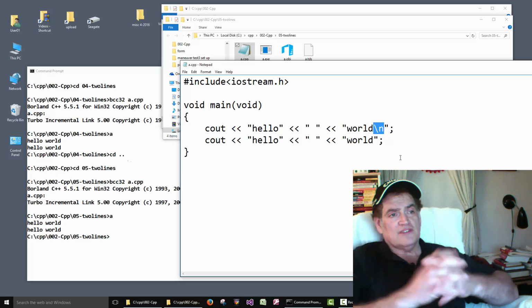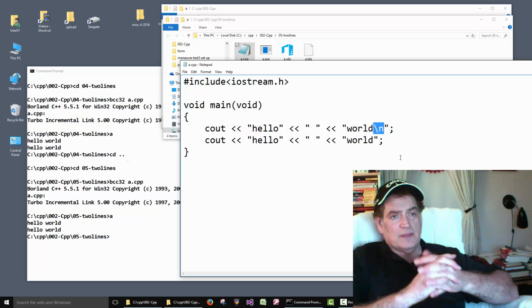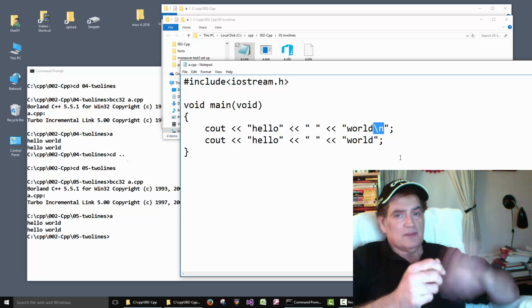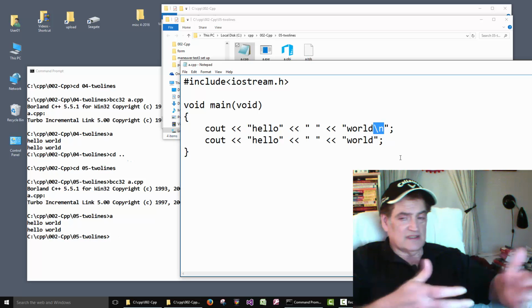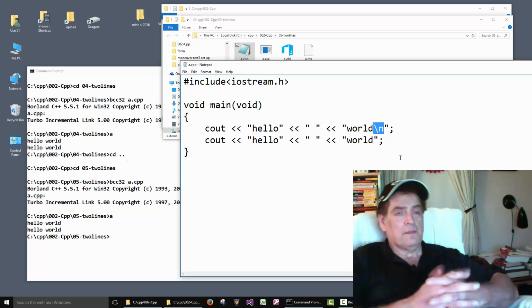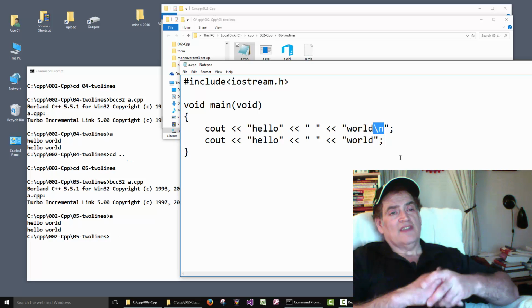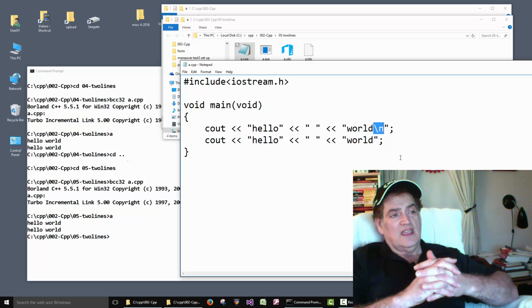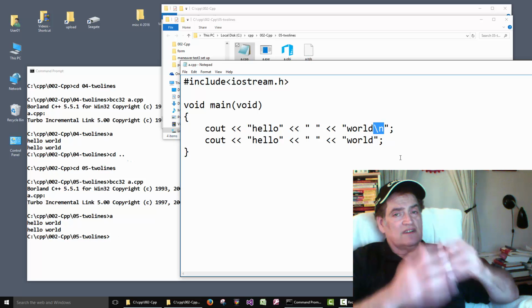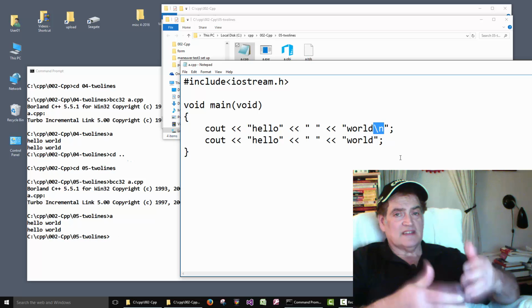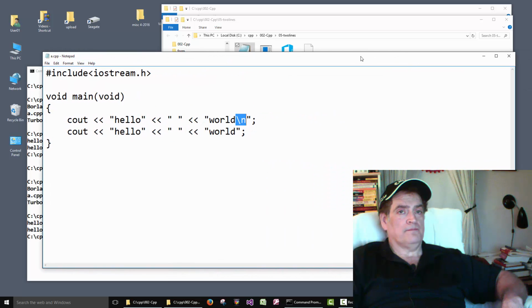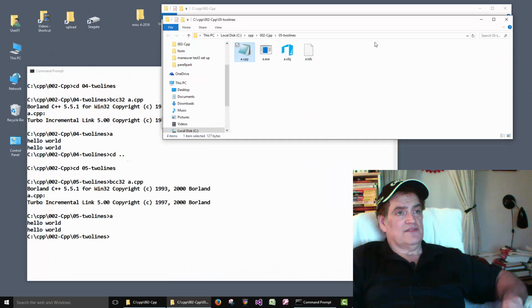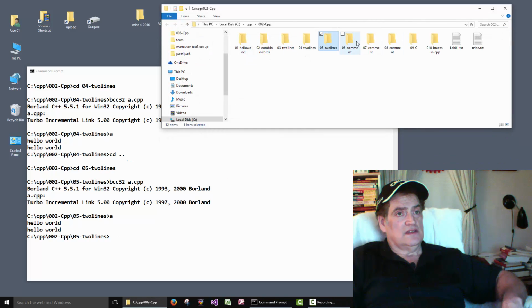I'm just going through a couple simple variations of the same thing because I'm thinking you might be flipping through books. Look at my examples, and then you look in the book and you say, what's going on here? You know, there's something different. So I thought these would be good examples to help get you going and give you a little experience on just some basic output of text to the screen. So. Okay, so that's 5, 6,